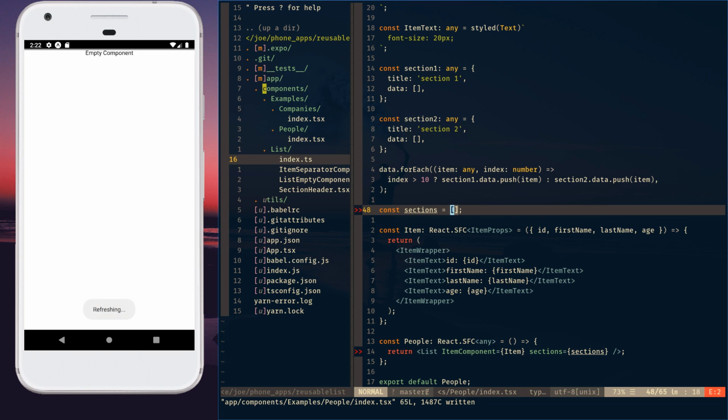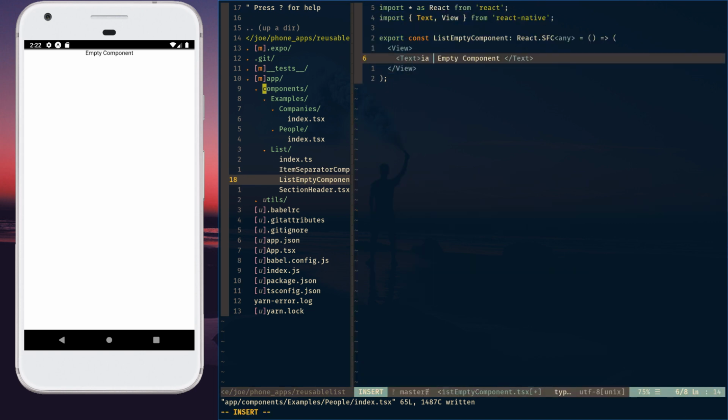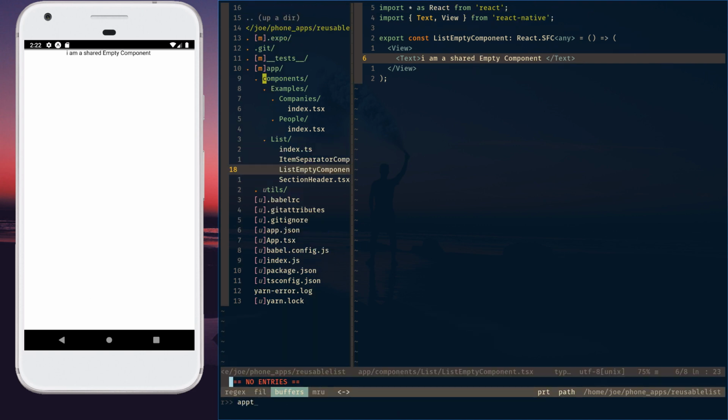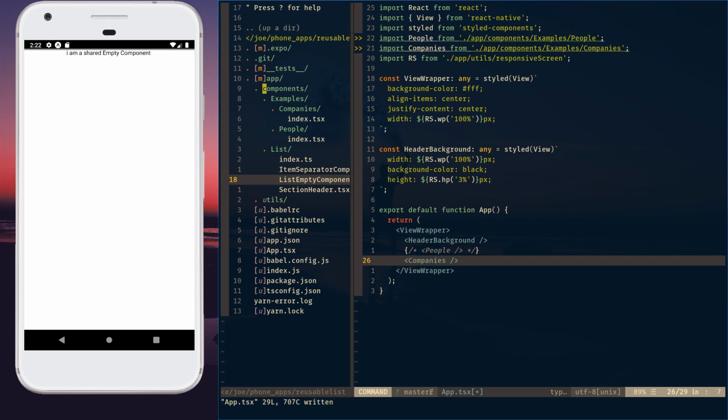And now let's just say, okay, so I'm passing in sections, right? But sections is empty. And it knows, so it's saying, hey, empty component. And as you can see, the empty component, if I say I am a shared, it gets updated. But now let's go back to TSX, right? Because right now we're using people, which is the sections, but I just cleared it out, so now I made it empty. But we're still using that same initial setup. So if I go back to companies,